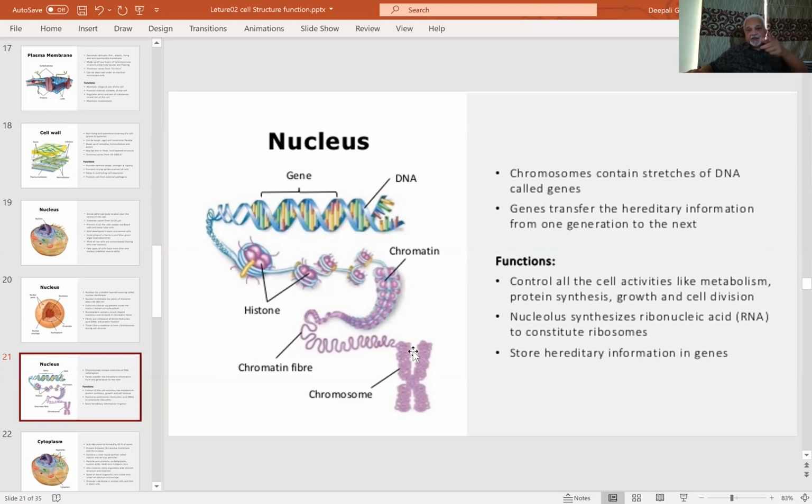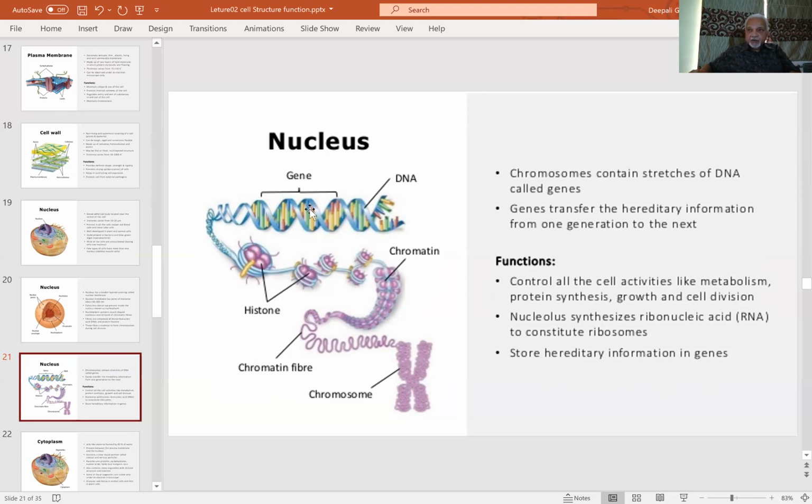This is very important, and we'll be talking about it later, because it is here that the information about cell function, what a cell is going to do singularly or collectively together in an organism, is guided by the information residing in the nucleus on chromosomes, and in turn on DNA, and in turn the genes